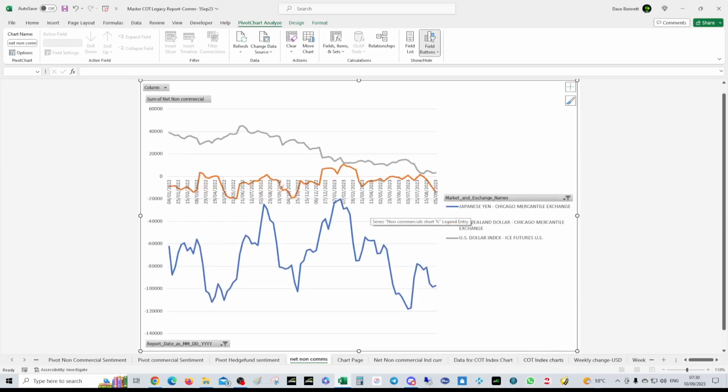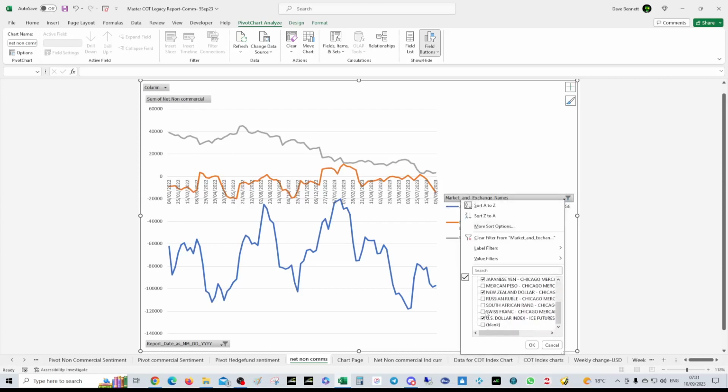Oh, they sold it. We were consolidating quite a bit, for ages and ages, and now they really sold the New Zealand dollar. So that's of note. We're still range bound, but it has actually moved because we were doing this for several weeks, and it actually has been sold off, but we're still ranging and we're still consolidating. Okay, so that's fairly interesting. At least it's done something, because from here almost all year it hadn't really done much, and it's just starting to do something, and it's being sold off by the banks. Okay, Kiwi off, and then Swiss franc on,